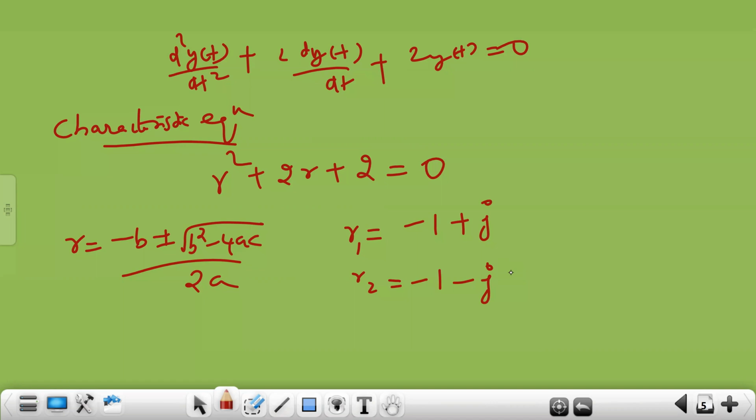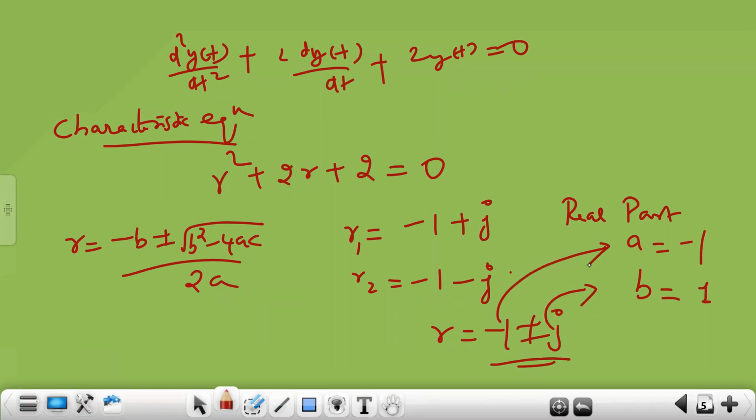So from this, your real part is a, which is equal to -1, and the imaginary part is 1. I'm taking only the magnitude, not the sign, into consideration, because the root is -1 plus or minus j. So the imaginary part is 1 and the real part is -1. Now, since the roots are complex numbers, based upon this you have to write the